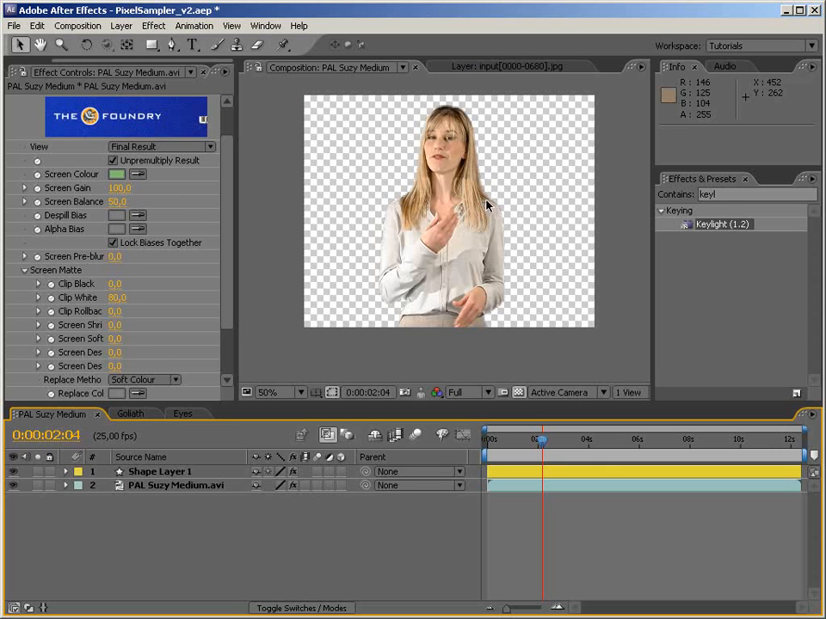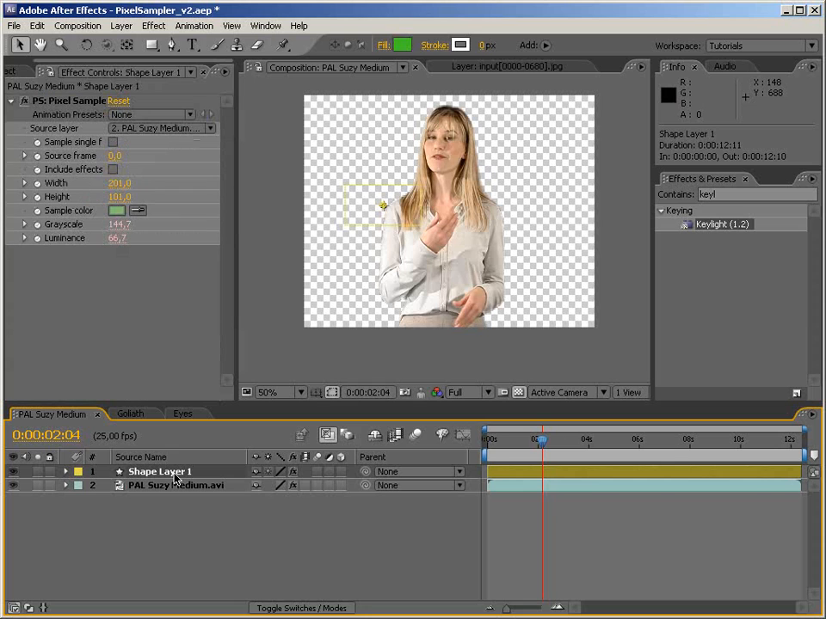Why I'm doing this, I want to show you one more thing that we can do with this pixel sampler. Well, one of many things that we can do with this. It really depends on what you're working on currently. So let me just call this pixel sampler Suzy,